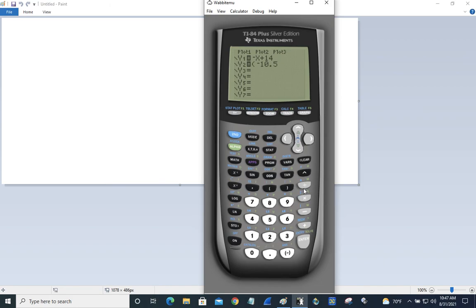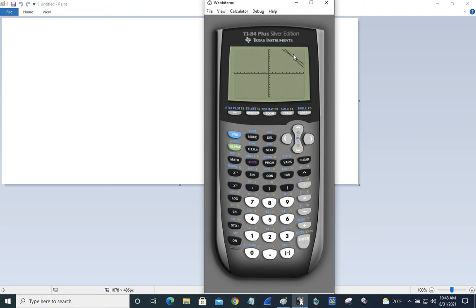Negative 10.5 divided by 7, x plus 122 divided by 7. Go ahead and take a look at the way that we've put that into the calculator to make sure that you did the same. I then graph it,